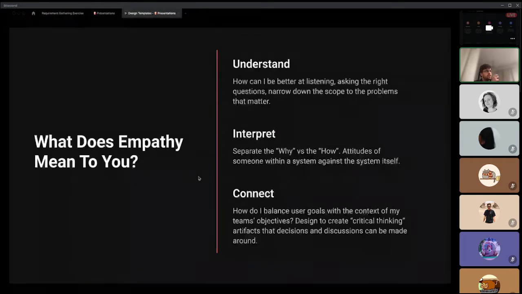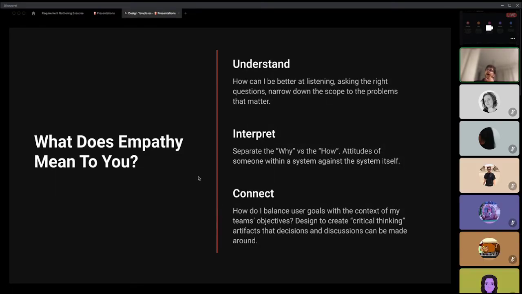And what they'll do is they'll say something like, I have an example later on, but the user will say, I want a messaging service in my application. And they'll take that at face value and say, the user wants a messaging application in their product. Instead of diving into that and saying,